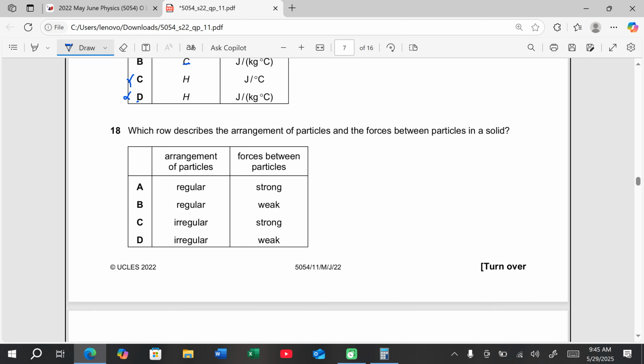Which row describes the arrangement of particles and the forces between the particles in a solid? Arrangement of particles is regular, so C and D are wrong, and the forces between the particles are very strong, so it's